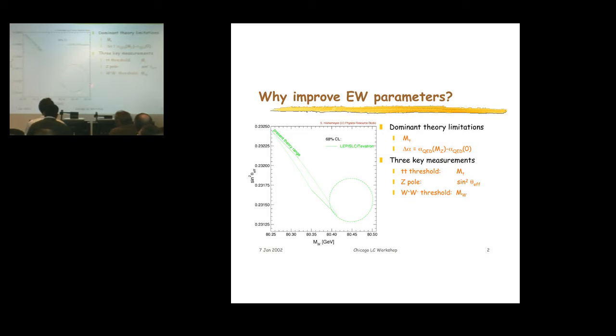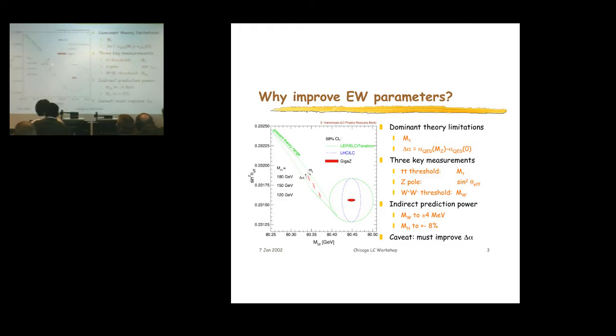Then the oval here is the experimental uncertainties that we have on these measurements right now. Now, essentially, if you can do three key measurements: going to the t t-bar threshold to get the top mass, going to the Z pole and getting a much more precise sine squared theta effective, and going to the W plus W minus threshold to get the W mass, rather than this large rhombus,